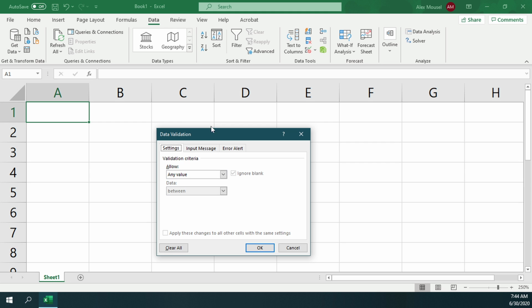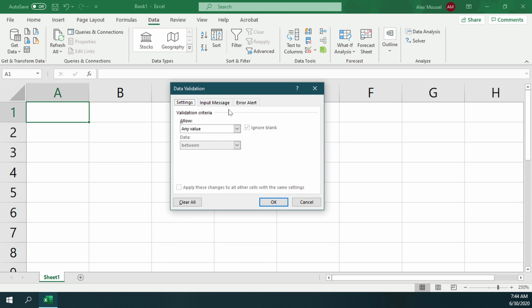Okay, it'll then pull up the data validation setup. From here, what you can go ahead and do is select the allow box, and what you want to do is put in a list. So we'll go ahead and select on list, and then you can either have cells already filled in with different variables or names that you want to fill it in with, or what you can do is you can